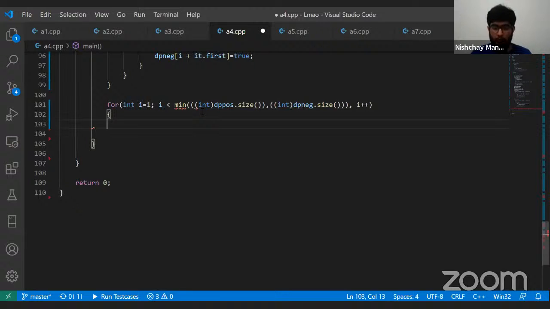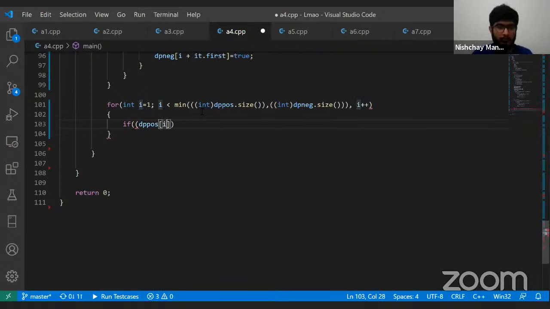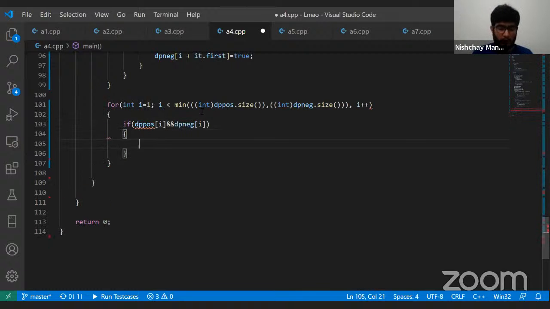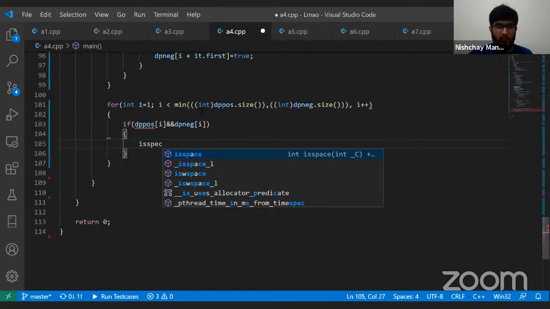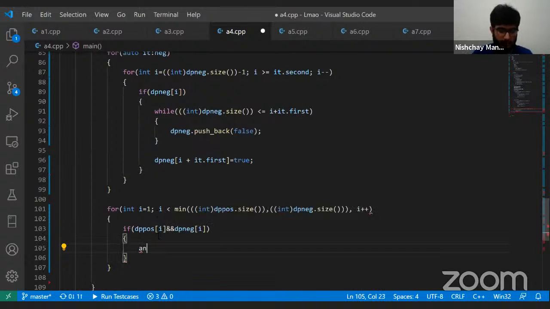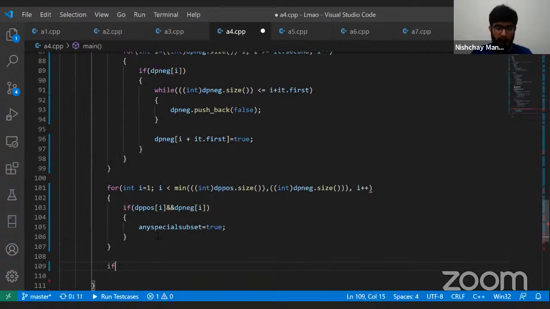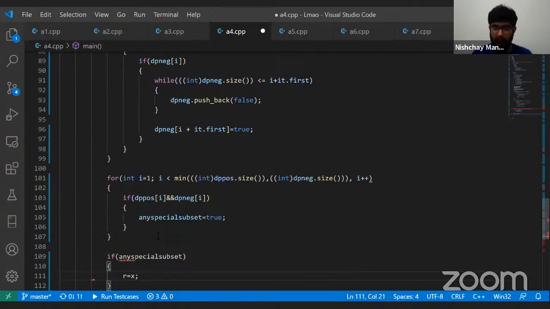If both of them are true, like fx is true and f dash x is also true, that means if dp pause I and dp neg I, then we are just going to set is special, the boolean value that I declared first, a special subset. Any special subset, I'm going to make it true, because fx is true and f dash x is also true. So if any special subset is true, then we're just going to do r is equal to x, because